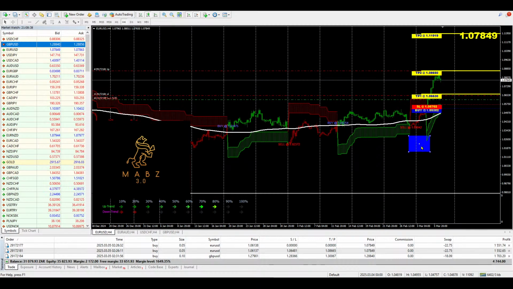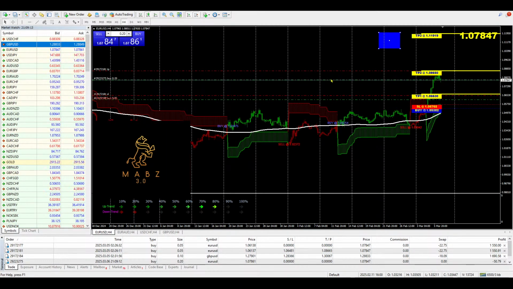Okay, so if we're looking at this chart, guys, and we want to analyze what's going to happen tomorrow, my bias is still that the Euro USD is going to continue, right? And then we're still going to target TP2 because there was a slight retracement right now. We're going to target TP2 and then also go for TP3, okay? So this is actually still a good trade to take based off of our trading system and our trading rules, right? So this is still a valid trade to take, guys, okay?